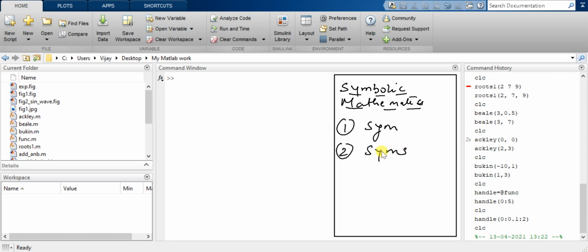So the SYM function is used to create a single symbolic number, variable, or object, and the syntax is SYM. In a similar way, the SYMS function is a shortcut for constructing a number of symbolic objects. So SYMS is used for creating multiple objects, and SYM is for single objects. So let's try to use these functions